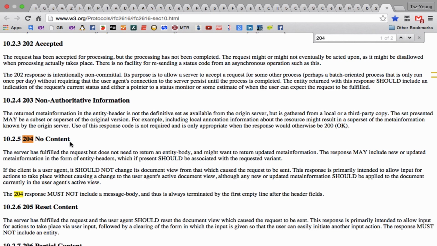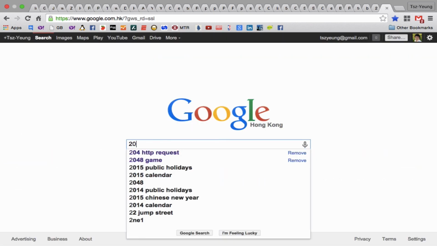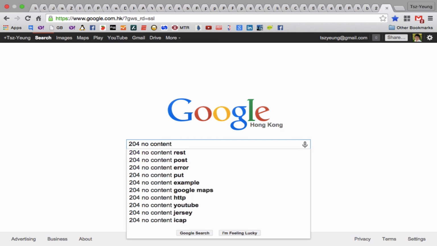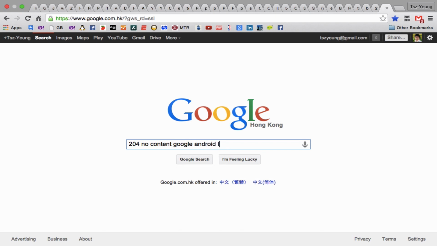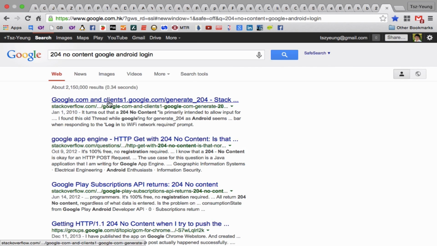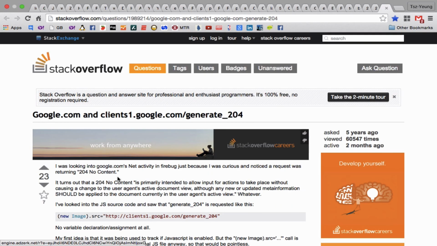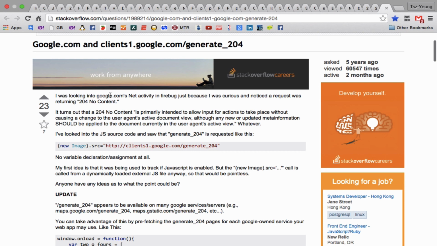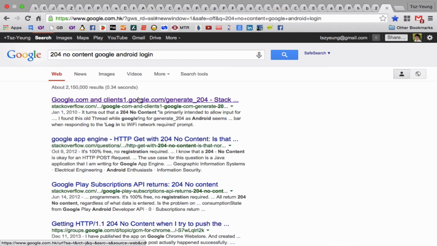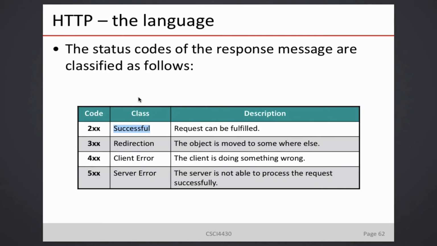Okay, so this is 204 no content. There is a big story behind it. If you want to know, you can search 204 no content Google Android login. You should find something. Yeah, this one. Stack Overflow people already talk about it, Google.com net activity. And you find it is very naughty. How naughty is it? It silently goes to this site and asks for 204. If you're under a login portal, then it will do something else. So you can do this Google search by yourself. Later on, I will show you the network capture of what happens under a login portal. I have captured it. Okay, so I guess that's it. This is already